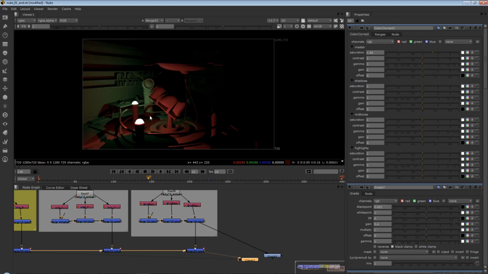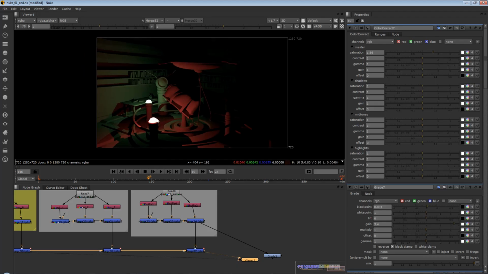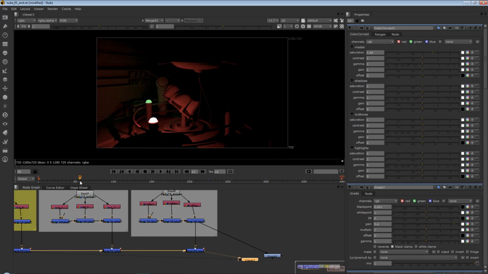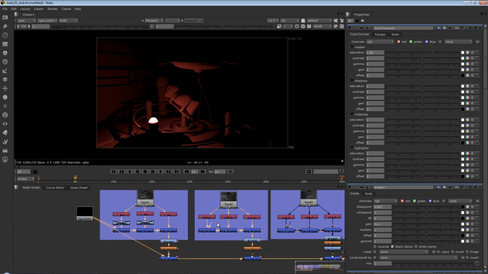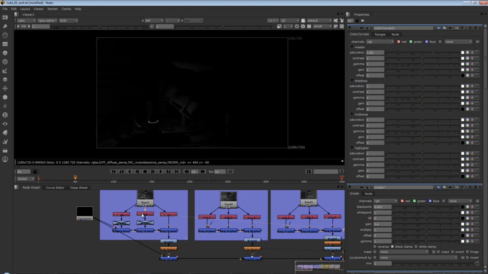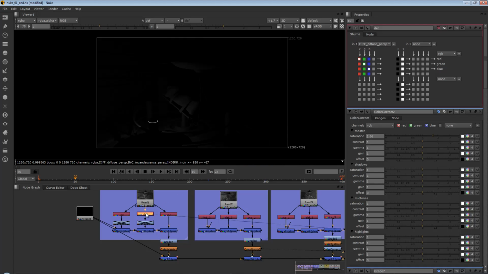Okay, one thing I would expect to see is I'd expect these lights to glow, and also I'd expect this not to be quite so white. So we're going to deal with that now. Let's go to frame 50. Let's go back to our first light. Now to deal with the glowing issue, and this is where it really helps to have separated these out, because if I just had the diffuse lighting contribution, which would be this, and I asked it to glow, so I just press tab and put glow in there,